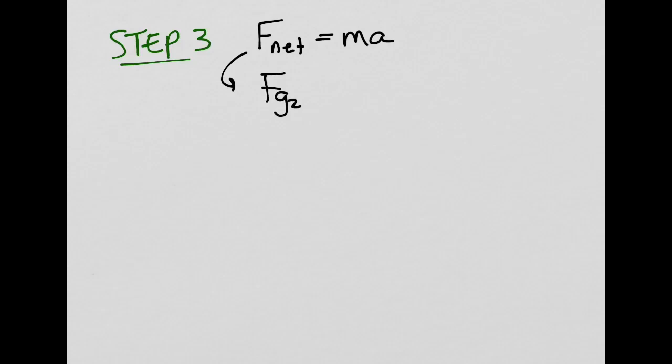Step 3, and you don't have to write step 1, step 2, step 3, just solve the problem. Step 3 is to write out Newton's second law, F net equals mass times acceleration. And the force contributing to the overall net force is the gravitational force on mass 2. And the total mass is what we're talking about, and the acceleration is there. So if we rearrange for a, we get